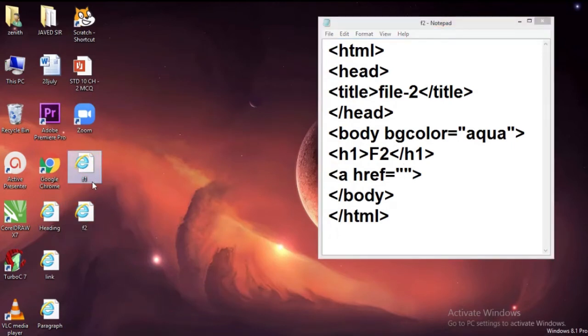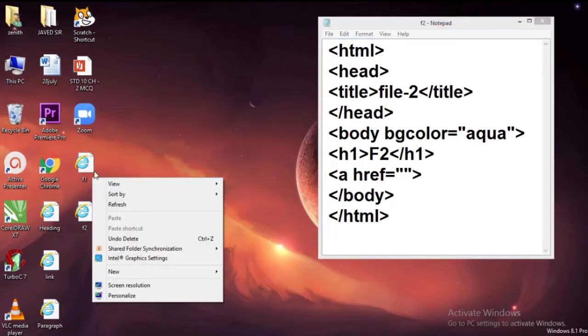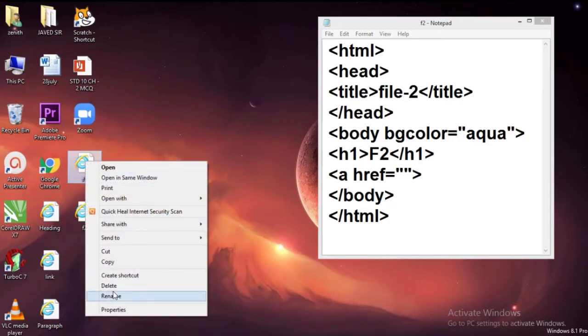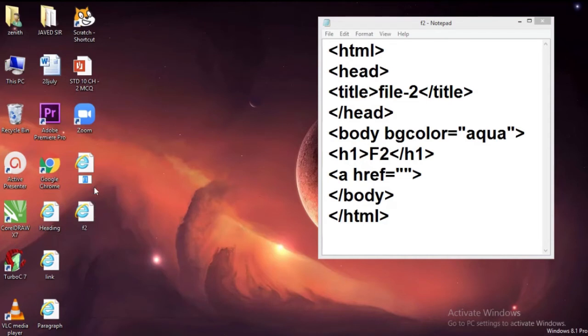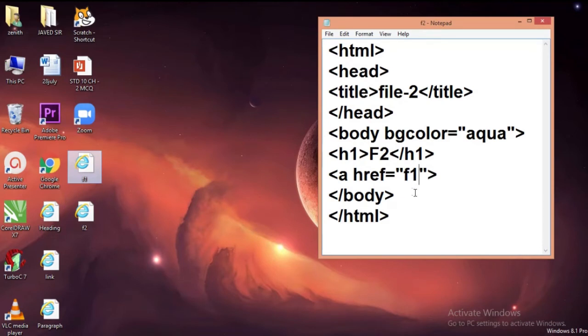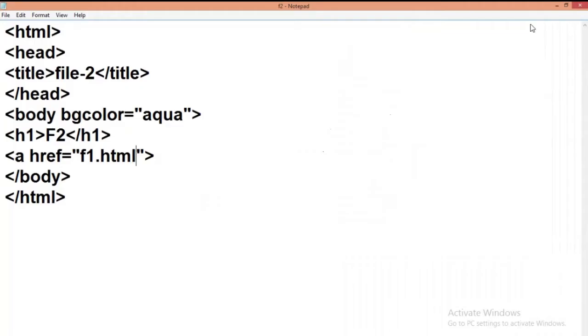To write the file name without mistakes, we can use the rename option, copy, and then paste here. Be careful about the extension .html. Then write a label here, f1, or we can write anything. The closing anchor tag is compulsory. Save your file.